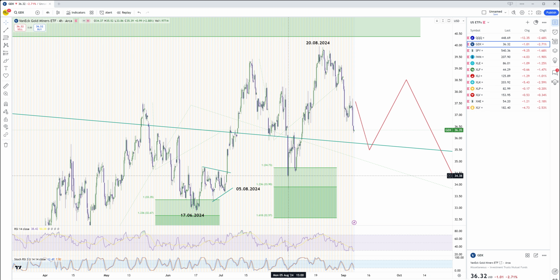As far as we are above the low from the 5th of August, we should be finishing this pullback soon. But we can also see a double correction lower as well in the market before the buyers will enter again. So this is what we had for today's weekly market forecast.